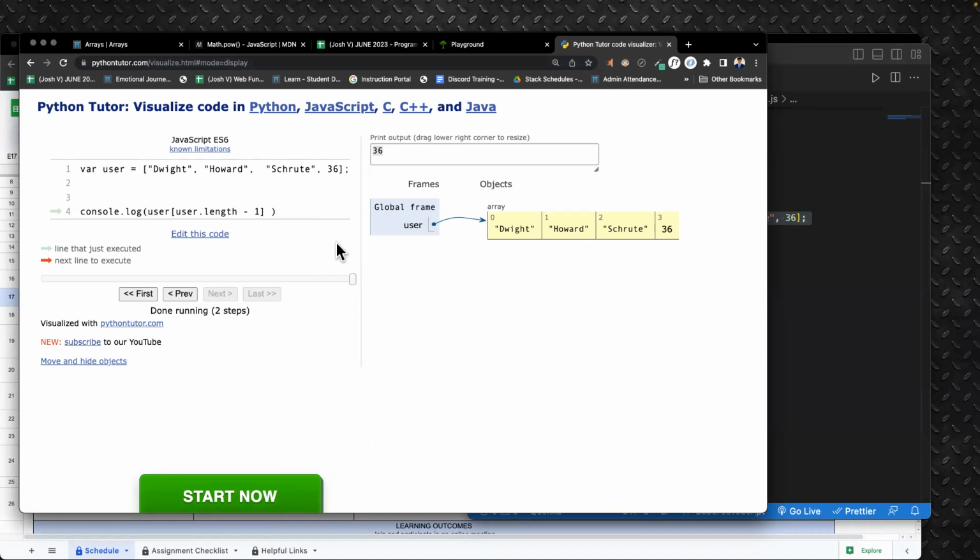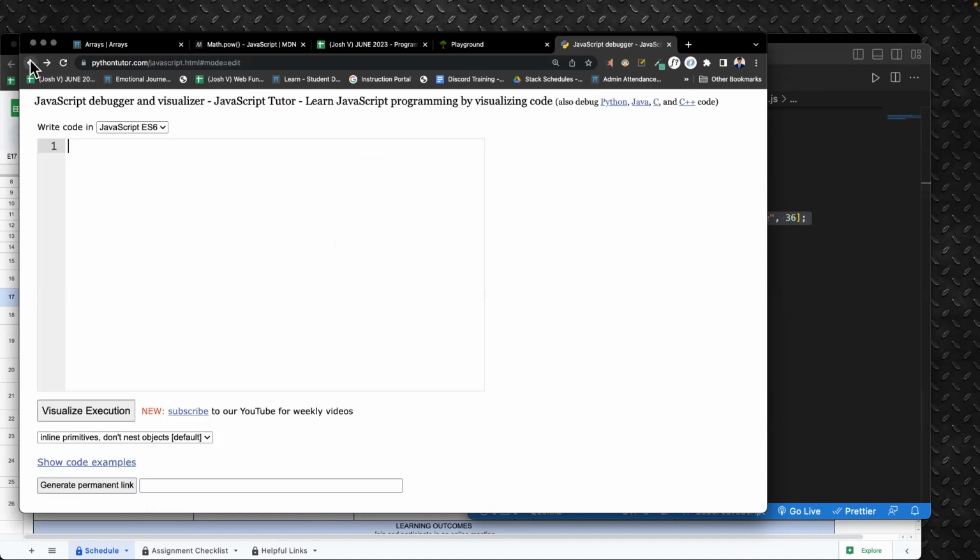How would we get then the second to last value? What is the second to last value? You can subtract it by 2, and it's true. Schrute, right? So if we're able to get the last value by saying -1, how can we get the second to last value? Minus it by 2. Yep, that's it. So if we paste it in here and we say 2,